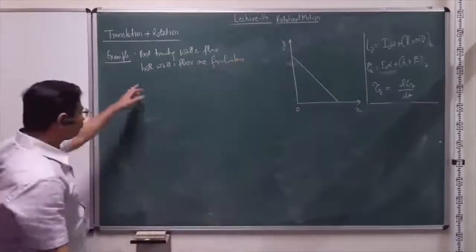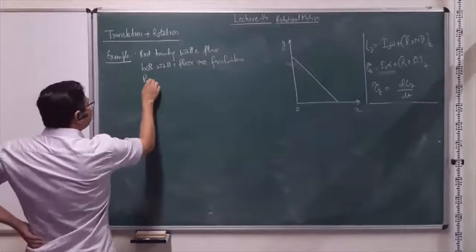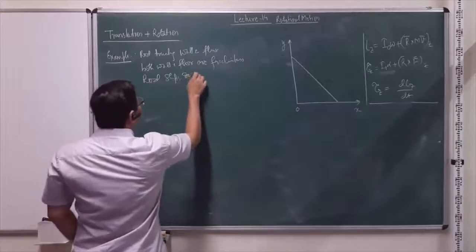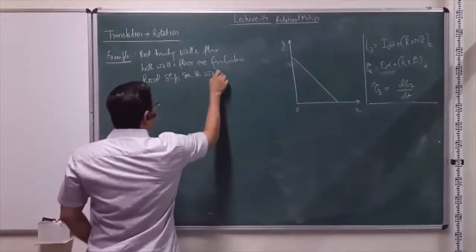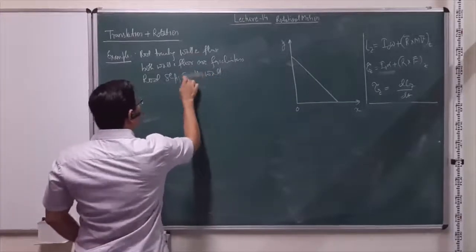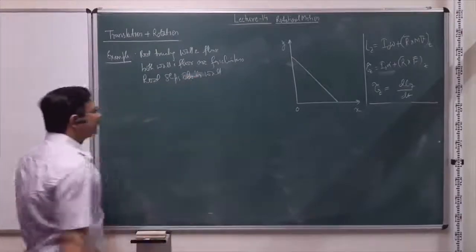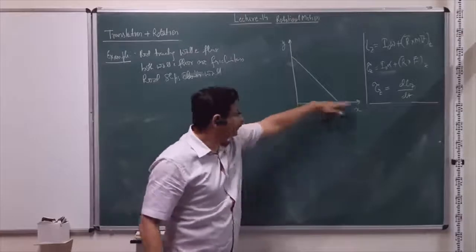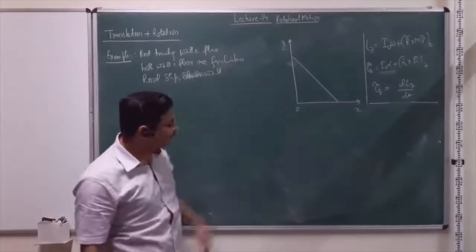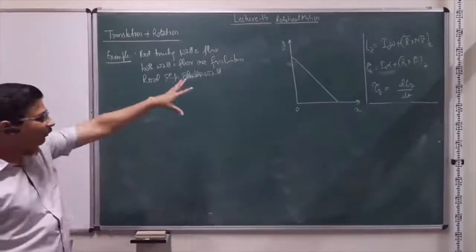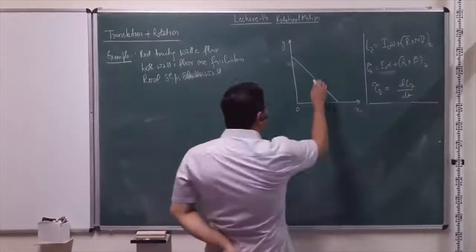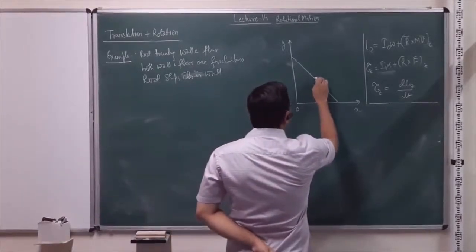Now this rod slips down the wall. So the rod is slipping, and this end will go towards the x direction, this end will come down. So we have to analyze the motion of this one, and in terms of what? Let us say this is the center of mass of the rod.